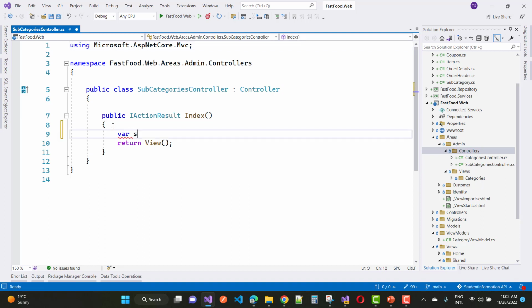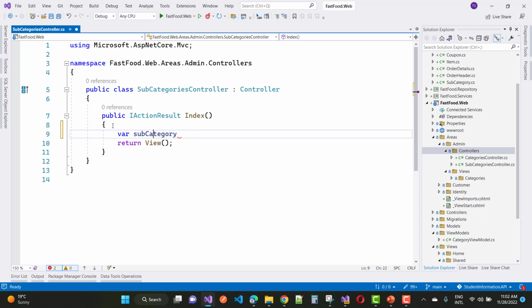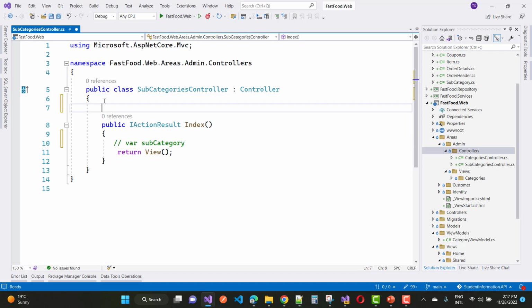So you can say that first of all you can do the CRUD operation on the subcategories. So the first thing you need to do is get the list of the subcategories by using the context. You know that first of all, initialize the DB context in your constructor by using the constructor dependency. And you know that